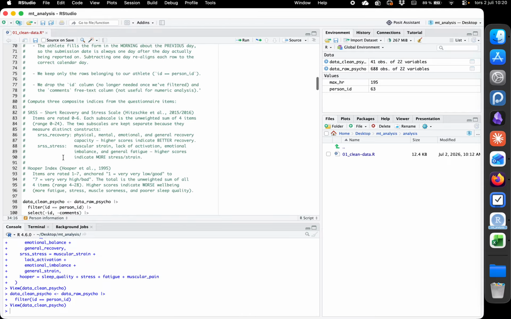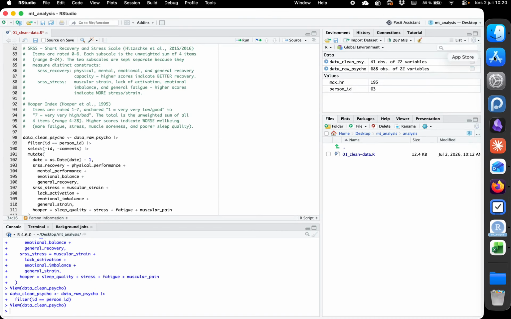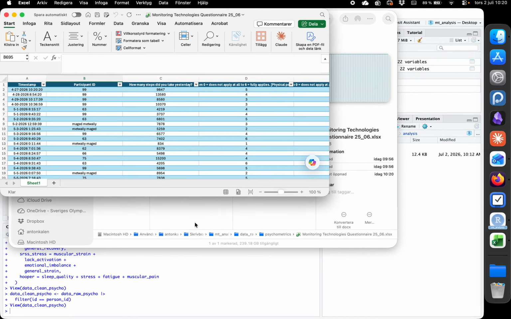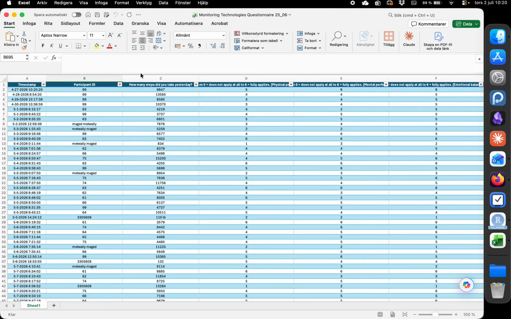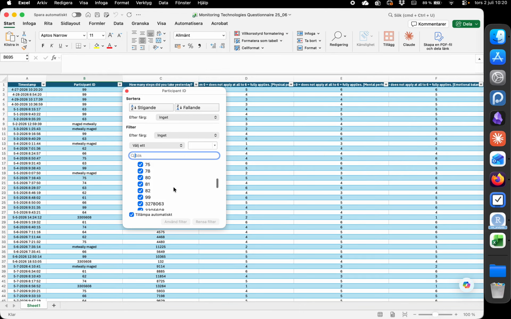Now, I saw that some of you, if we open the Excel again, have different ways of filling in. Here, for example, we have a problem with the one with ID number 3278063 and then in parentheses 70. You see that these two are not exactly the same. Here's a space and here's not a space. That means that if you just put in one of these, you will miss a bunch of rows because you will only get